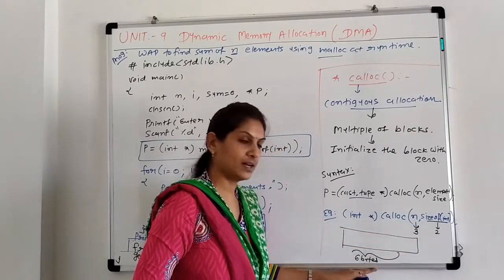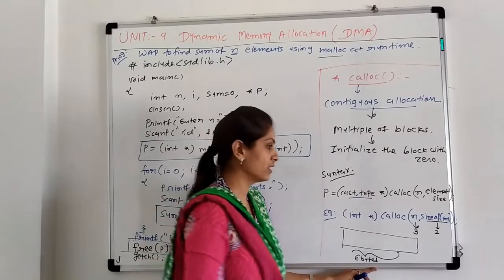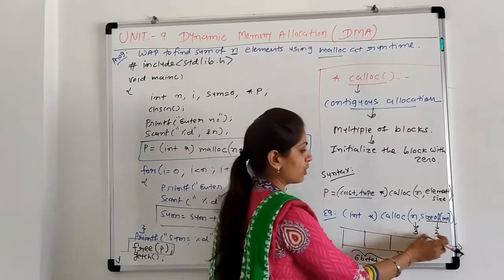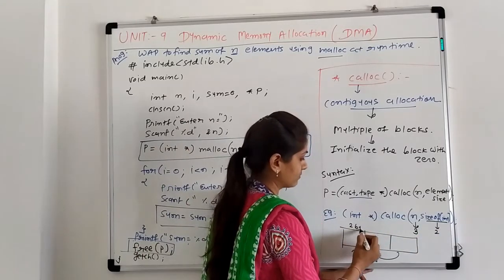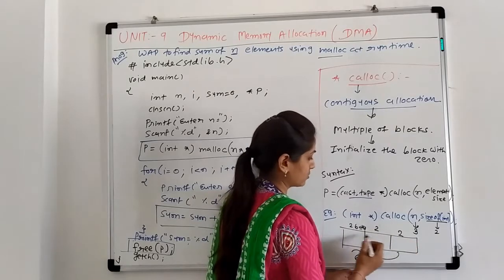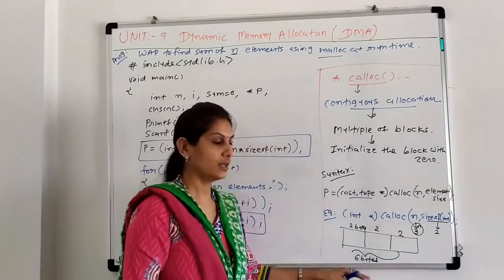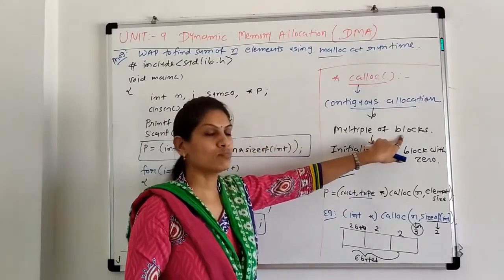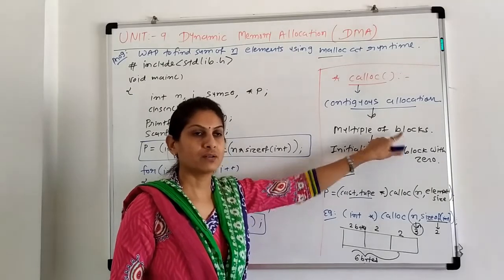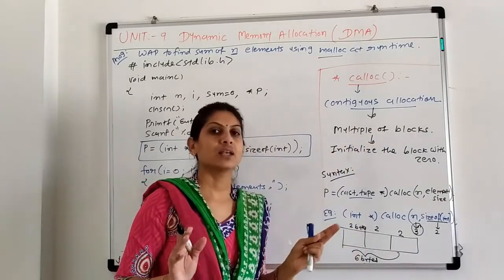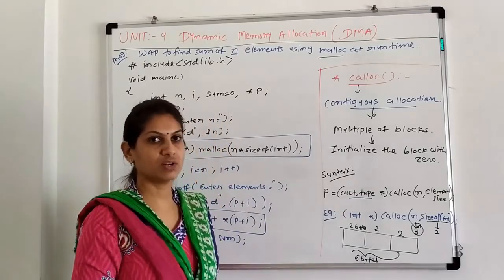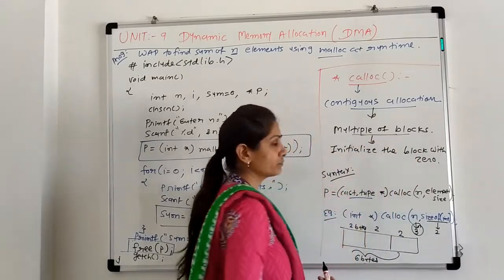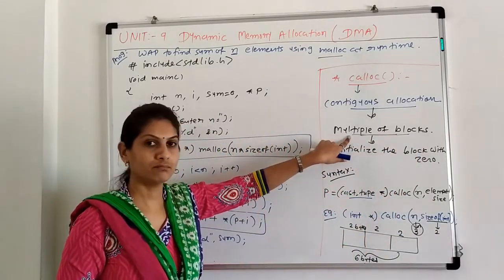Here the same size is created for calloc, but the difference is what? Here 3 different blocks are created and each block has 2 bytes. So 2 bytes for one, 2 bytes here, 2 bytes. Total 3 blocks are created with the calloc function, because the calloc function allocates memory with multiple blocks, but malloc only creates a single block of memory. That is the difference between malloc and calloc. First is single block and multiple blocks.